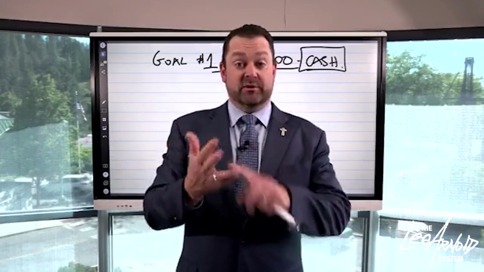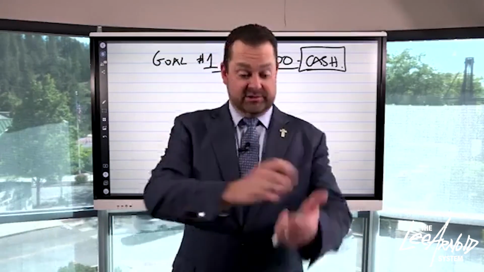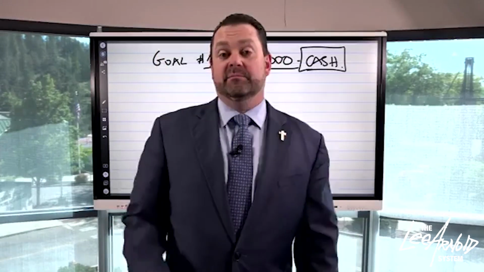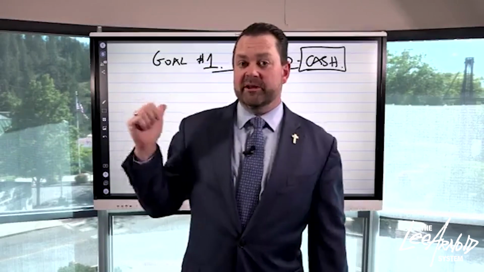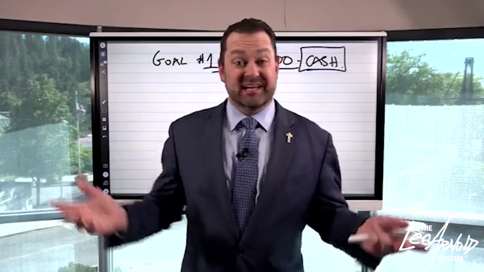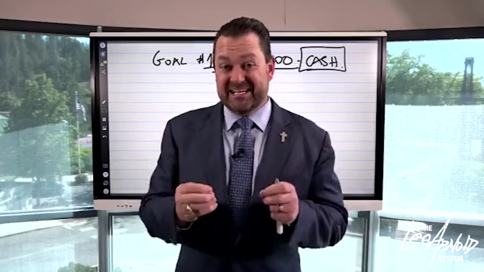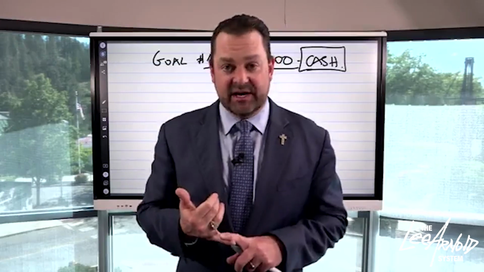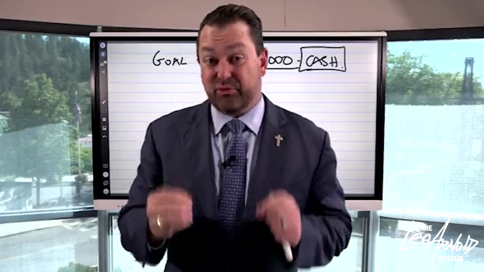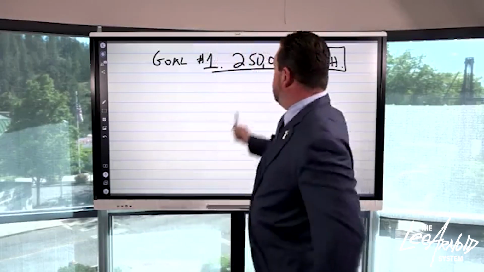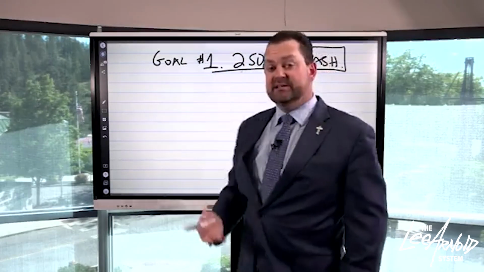Normally we would order an inspection. Normally we would order a lot of things. I said, you know what? I just signed it. I said, close it next Friday. Because if we don't close it next Friday, it's going to go to auction. Now, if you don't have $250,000 in cash, how are you going to take advantage of a deal like that? Now, this deal, if I wholesale it, it makes $100,000. If we fix it and flip it, it makes almost $200,000 in profit. If I don't have this cash, how am I going to do that deal?